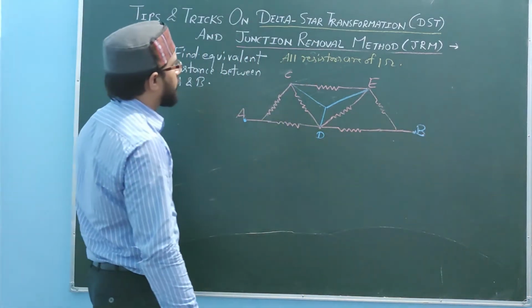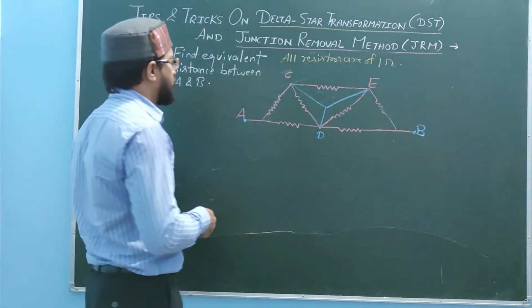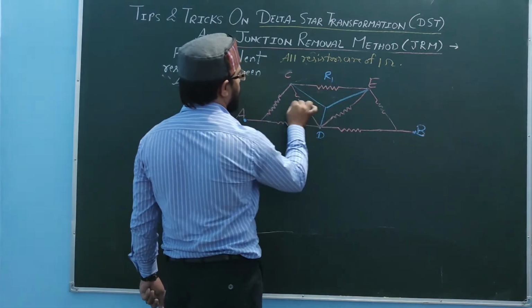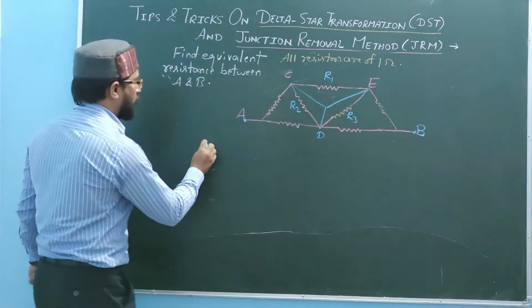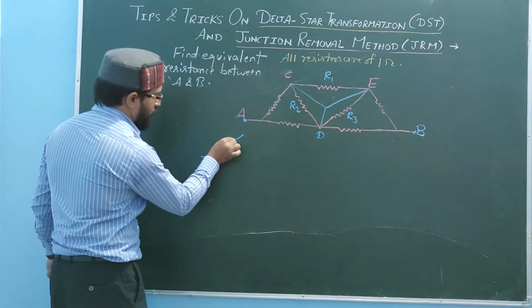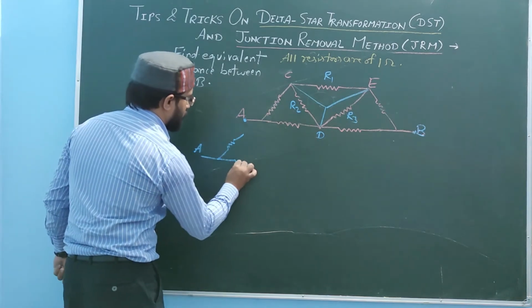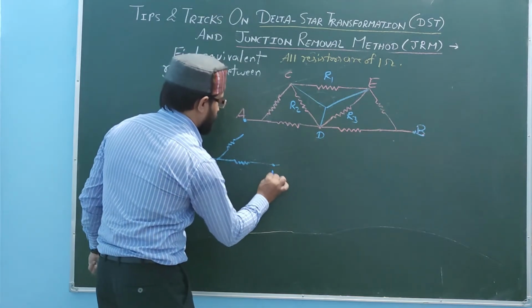So now what we are going to do, all resistors are of 1 ohm as you know, so easily we can use it. I just give the symbols, it is R1, it is R2 and it is R3. After transformation they would be looking like this. This resistance will remain like this as it is, A, and this would also be like this, D. This is the D point,